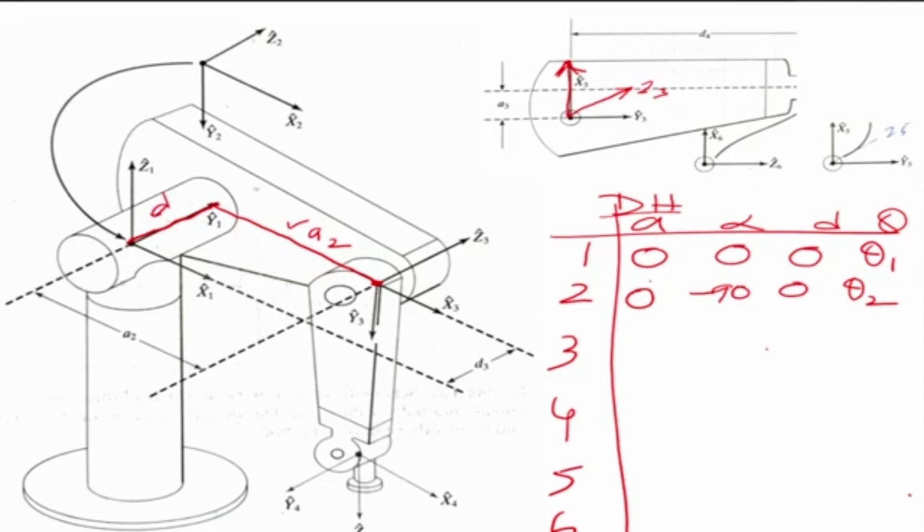So there is a distance here, D2 and A2. So now we have our DH parameter table where we are making, sorry, A3 and D3. Okay. So what is the angle between the, what is the distance? We are saying the distance between the